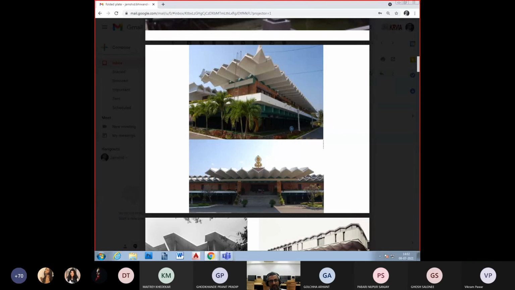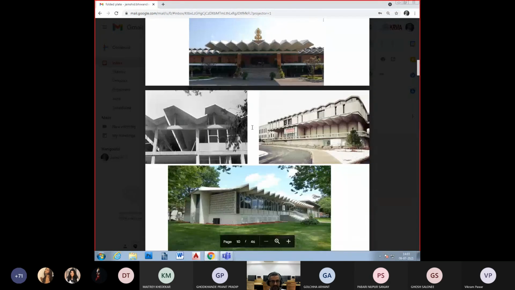But naturally the entire exercise has gone into how well the diaphragm beams have been, so to say, encompassed, or you can say concealed in some sense. So you can look at the kind of identity, large parasol roof, big overhangs, and the kind of brutalist identity that this kind of structural system does lend.